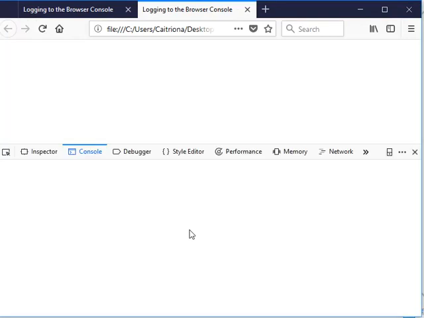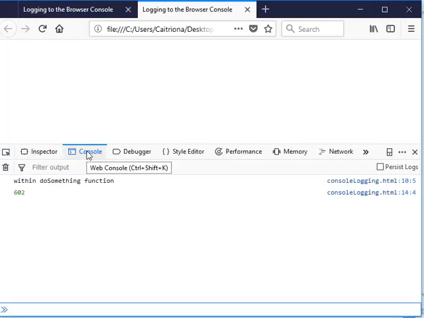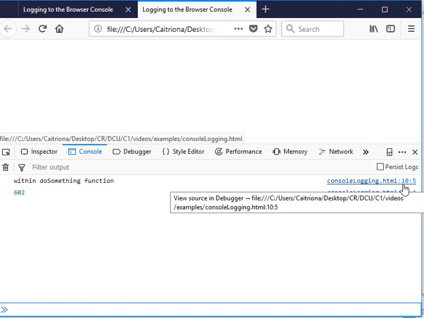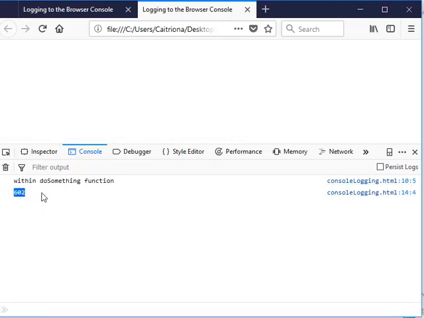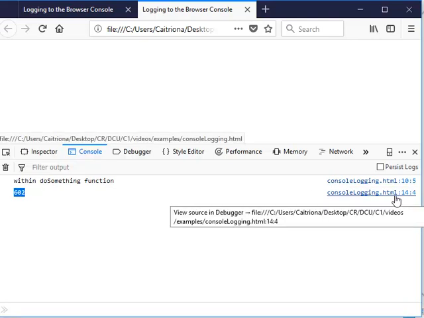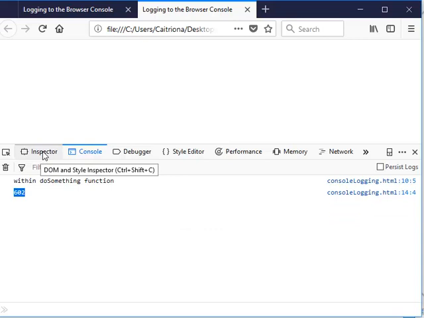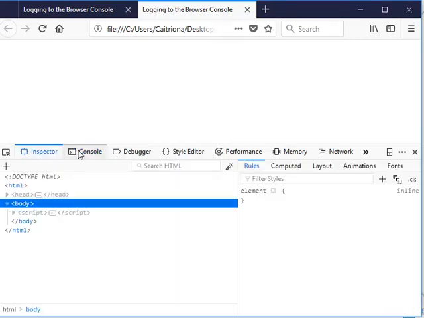Let's press F12 this time and open the console, and here we have the two messages within the doSomething function, and that was executed at line 10 in the code, and our result, the console.log where the result was logged, was executed at line 14. So there are options here to inspect the code,